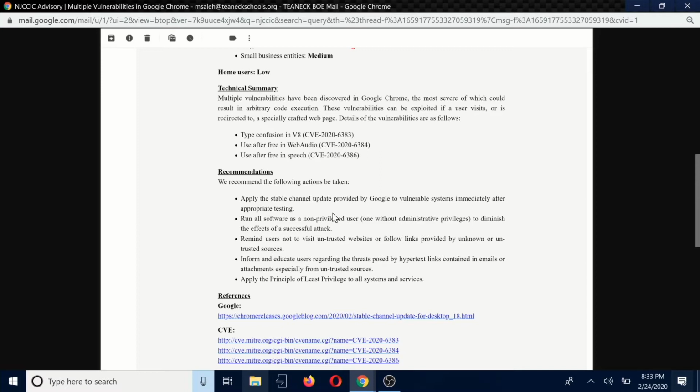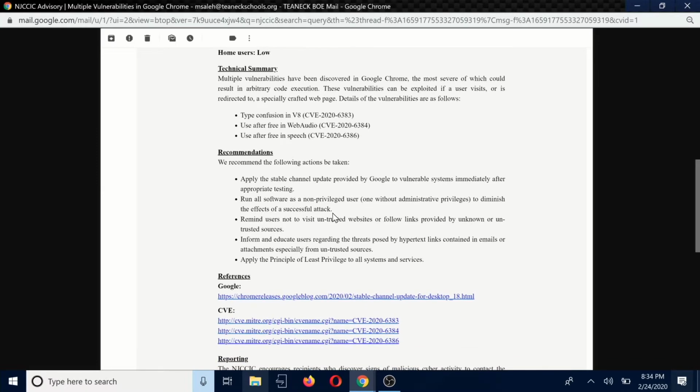And they first start by saying, apply the stable update. That's so big. It's making sure not just Chrome, but all of your applications are updated. Many times I'll go into a district or a family member or anything along the lines, and first thing I do is see if there are any updates, especially when they say they had a virus or there was an issue. I always update. There are so many security updates that come throughout the incremental updates with Microsoft, Google, Adobe, all of those. Just make sure it's always up to date.